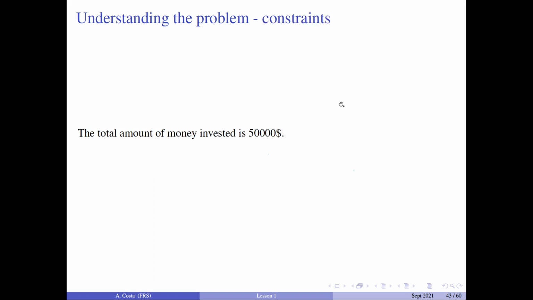And what is the constraint? In this case, there is one constraint only. Well, the total amount of money invested is 50,000. So now that we have understood that, remember the first, one of the first slides I was mentioning,